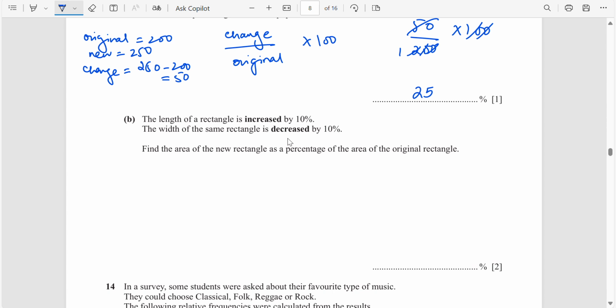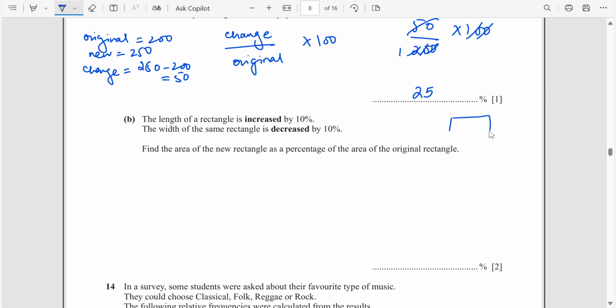Okay. The next part is: the length of a rectangle is increased by 10%. The width of the same rectangle is decreased by 10%. Find the area of the new rectangle as a percentage of the area of the original rectangle. So this is our rectangle. So its area before is x into y. Now the length of the rectangle is increased by 10%. So the length y is increased by 10%. So 10% of y plus y will be the increase in 10%. We can write this as